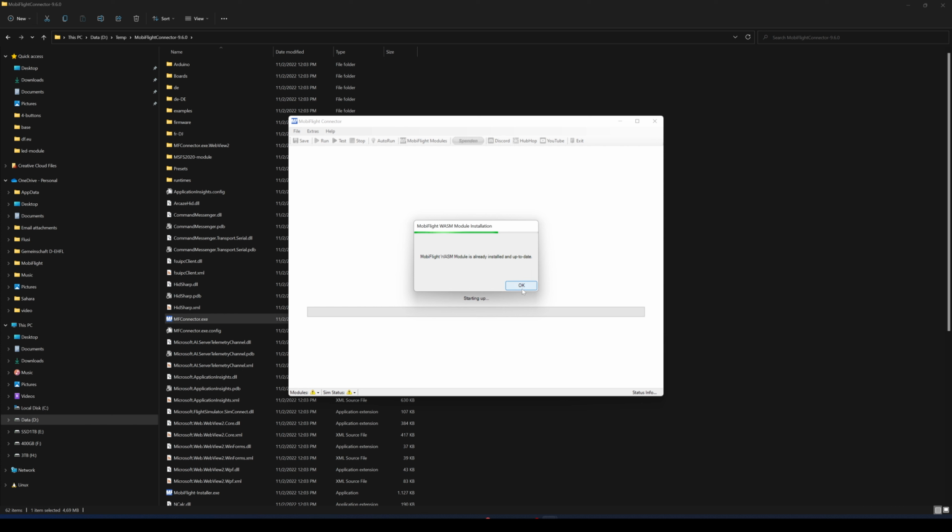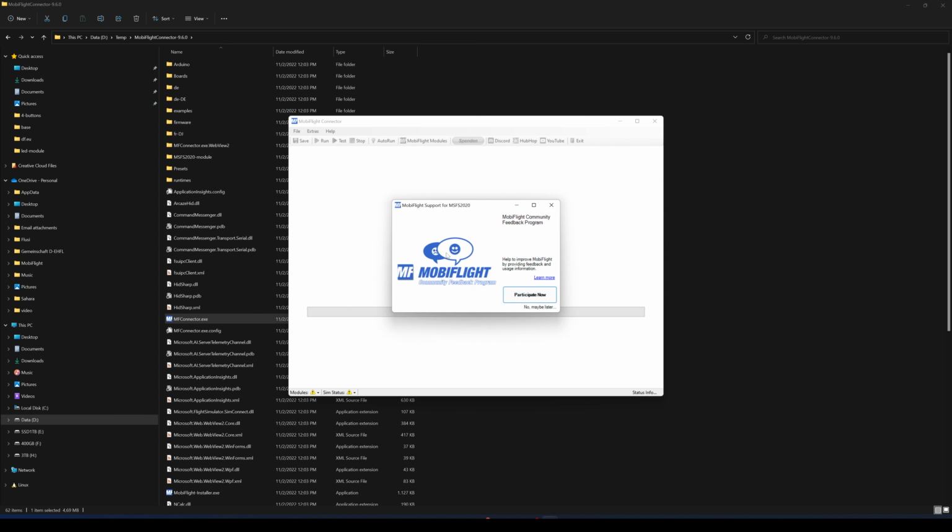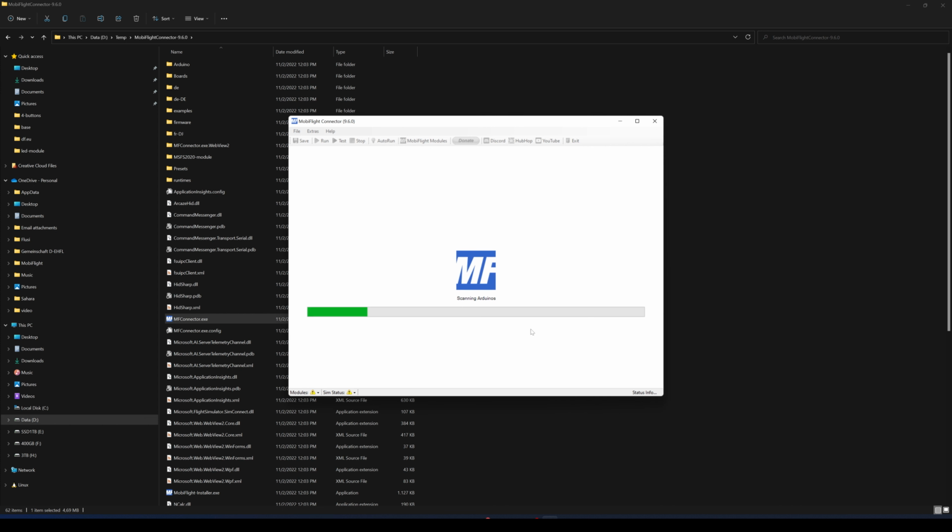This time in 9.6, if you're upgrading from 9.5, there was no new MobiFlight WASM module version. What you can see here, it's also asking, please participate. That's so cool to receive feedback from the community, and it doesn't cost you any effort. So here's also one of the new features. The timeout for these dialogues is a little bit longer. Some MobiFlights have an old board. Let's update them. Okay,